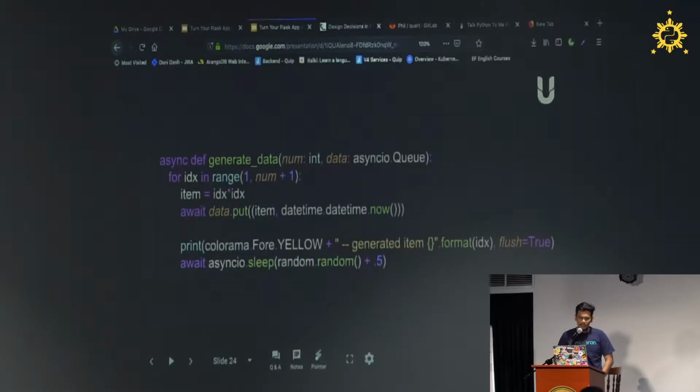The difference is that instead of only defining def here, we add the async keyword, and in every coroutine we call, we put await. So this is the async queue. We put await here, and to simulate the database delay, instead of time.sleep, we use await asyncio.sleep.